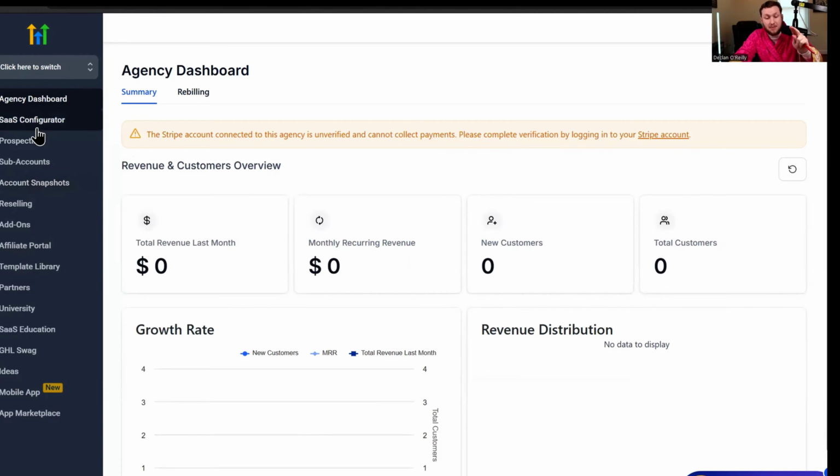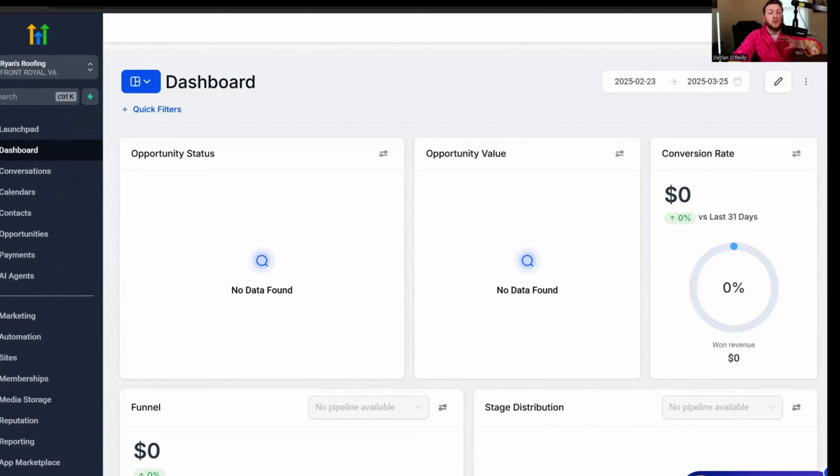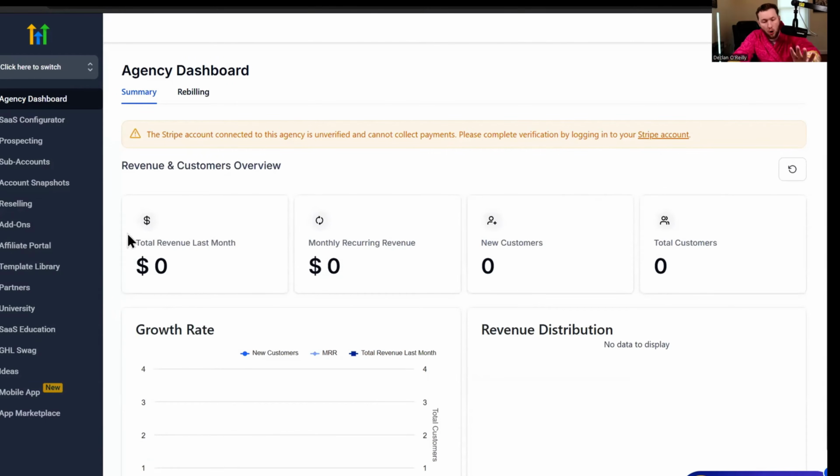Everything else is the same except the SaaS configurator and some of the reselling. The SaaS configurator is so powerful, and that's what we're going to be going over today. But that's really how it works. This controls this, and this creates that. So now that you understand that, let's go through what all of this means so you can be an absolute